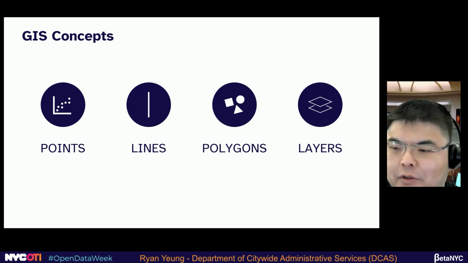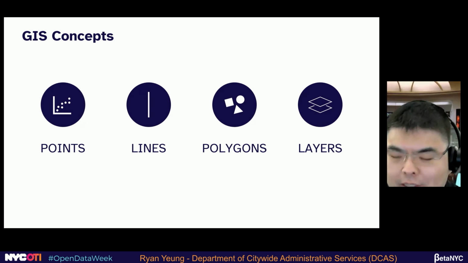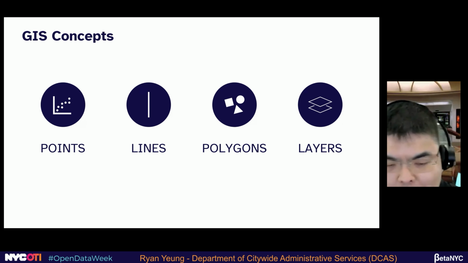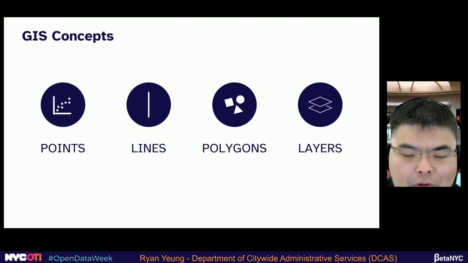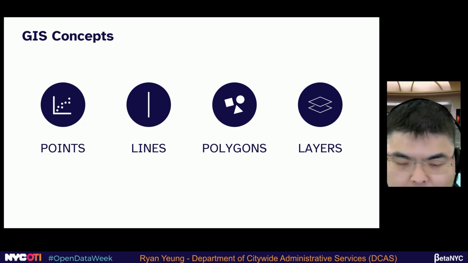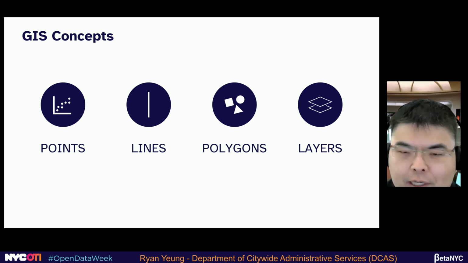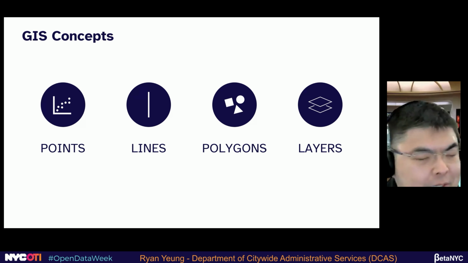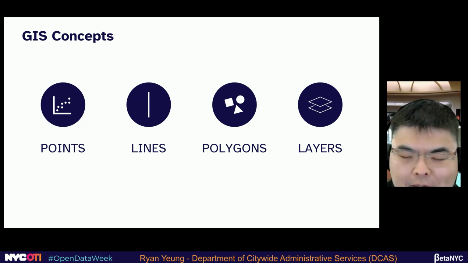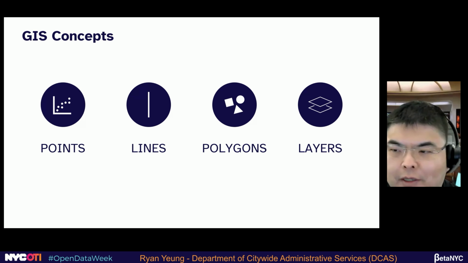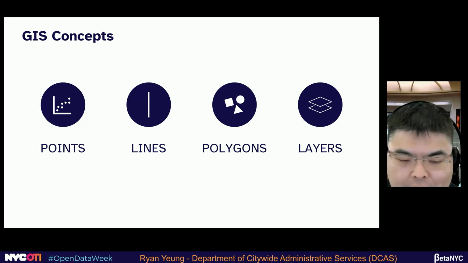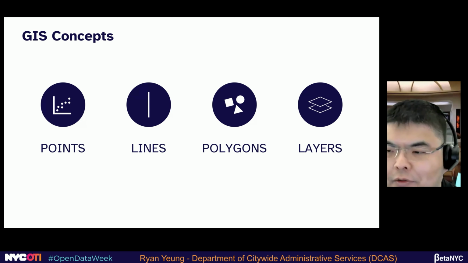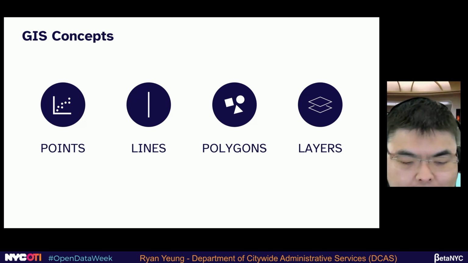That's a points layer. Underneath that layer would be another layer. It would be like community districts or parks or city council districts or whatever. These are polygon layers. And what's important about layers is that we can stack them on top of each other. The technical term is overlay, like a cake, to form the map that we want. So within our defined area, our map could have multiple layers. And that's the fun part about GIS.